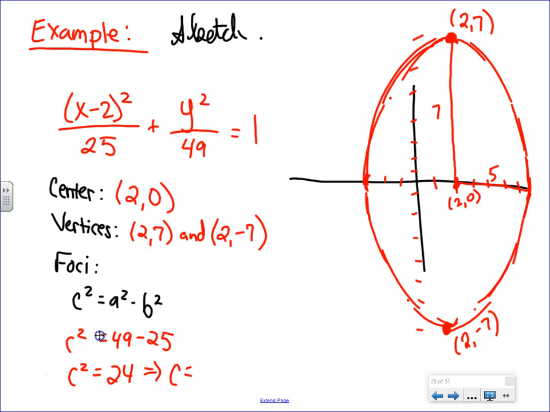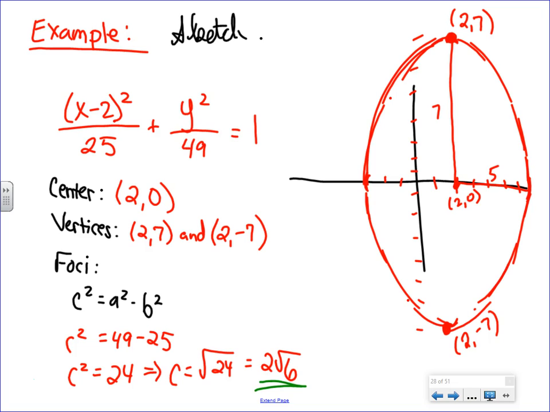square root of 24. 4 goes into 24, 6 goes into 24. So the square root of 4 is 2. So 2 square root of 6 is like the really nice version. So when we go to put the actual points, the specific points, we'll use 2 square root of 6. But when we come over here to our graph, let's just go ahead and say that's